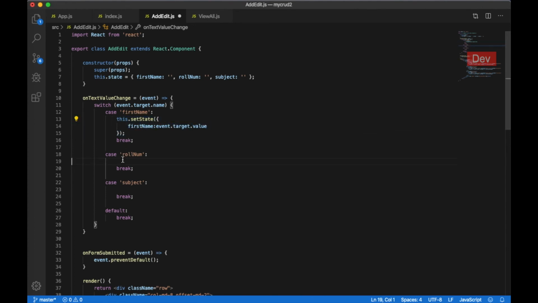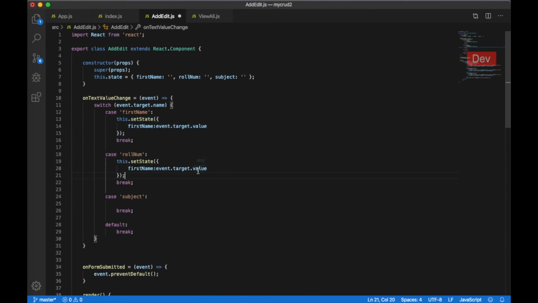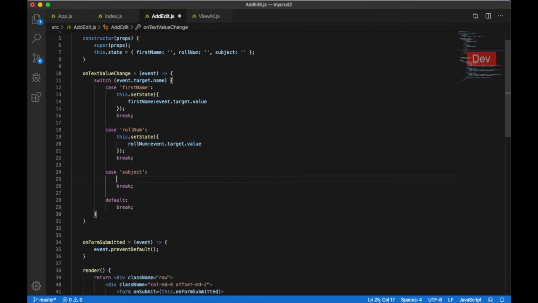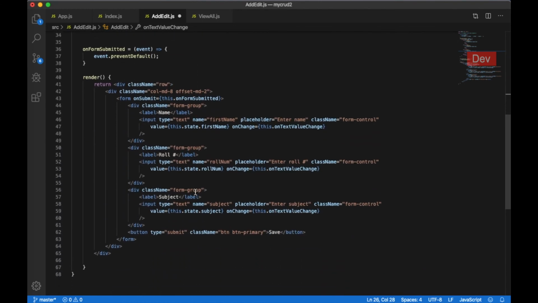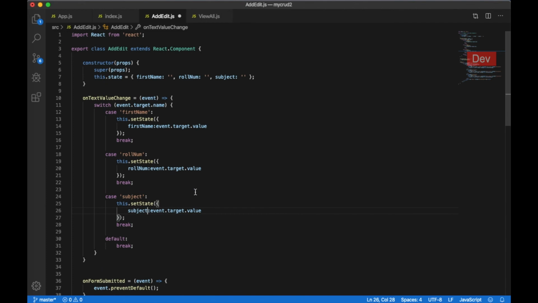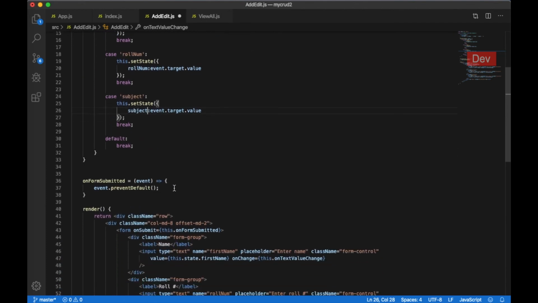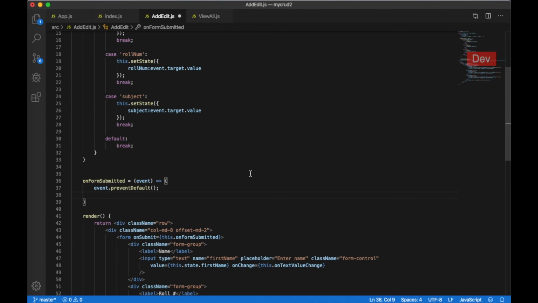So same stuff for the rest of the things. This key is roll number. Subject. So this state object will be tracking the changes, and when the form is submitted, we will be fine to have